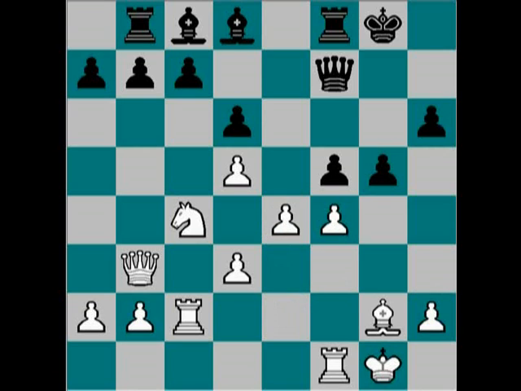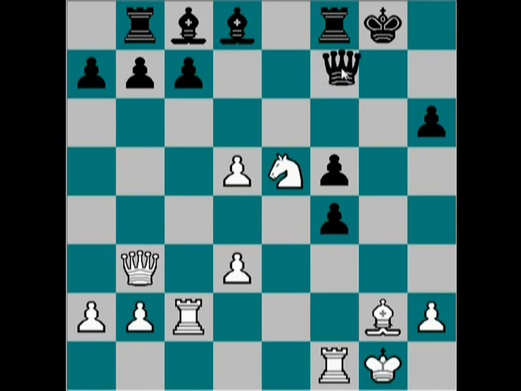E4, very well played by white. G takes f. And now e5. White has an absolutely killing positional threat, e6. And e6 cannot be tolerated, after which black will be absolutely lost. D takes e, knight takes. And after queen g7,